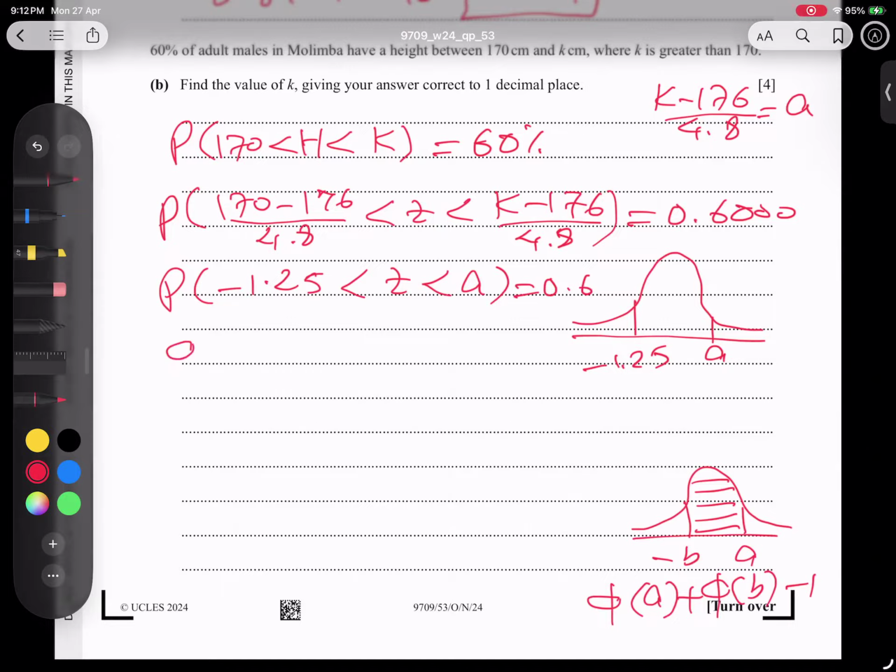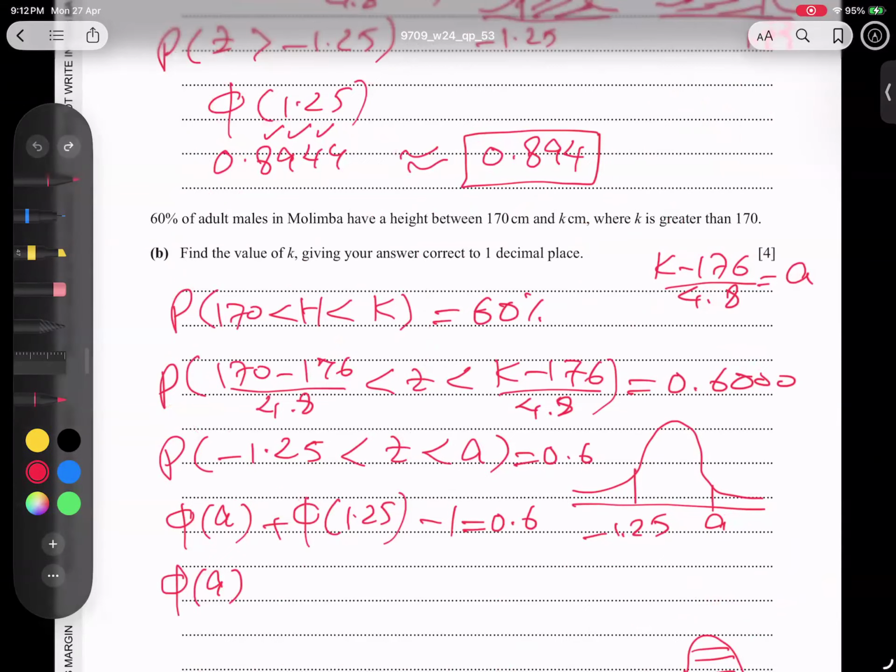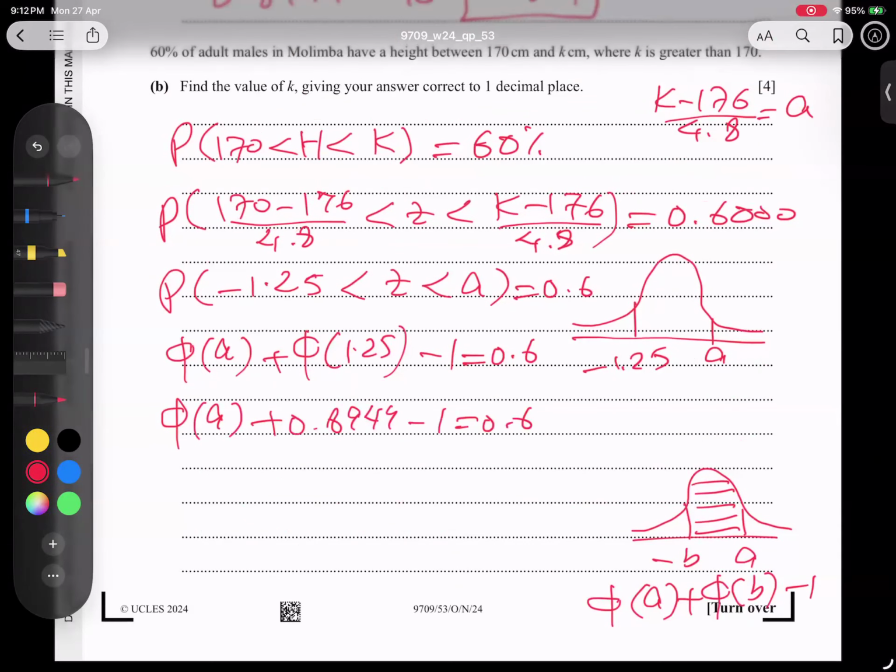So phi of A, which comes from here, plus phi of 1.25 but without the negative sign, minus 1 equals 0.6. Phi of A I'm leaving here, and phi of 1.25 I already have, 0.8944, minus 1 equals 0.6. Now, students, 0.6 plus 1 and minus 0.8944. If I bring this to the other side, I'm getting phi of A equals